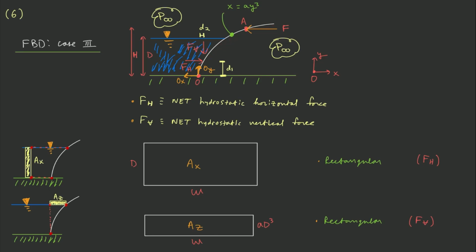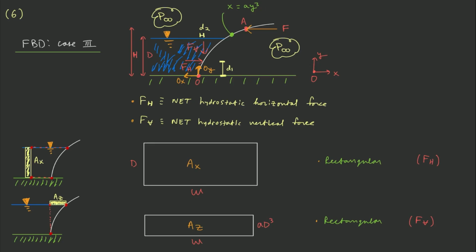And again, the gate has an equation x equals A y cubed. We have our origin O, where at the hinge we draw our coordinate axes. The depth of the water is D, and the distance between A and the ground is H. Since in this problem we're assuming a prismatic gate, in other words, if we go into the page, the